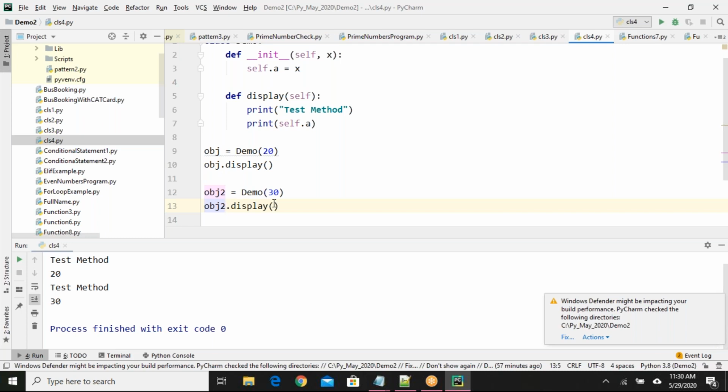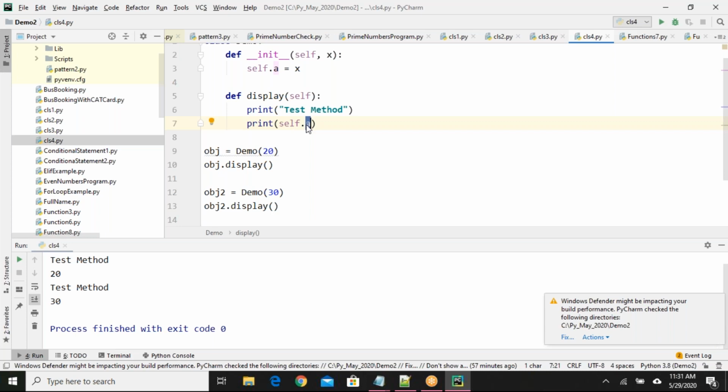What is the use of self in the display function? When you want to refer to the same object's related data, we have to use this. If you don't want to refer to variable a, you don't require self.a. Simple.